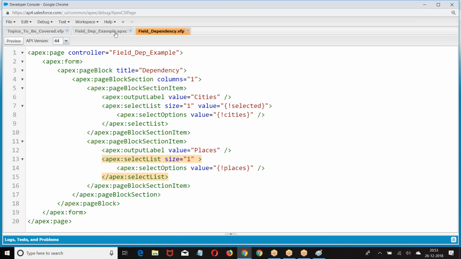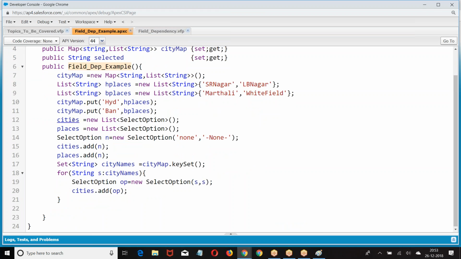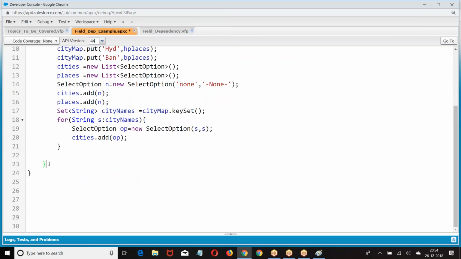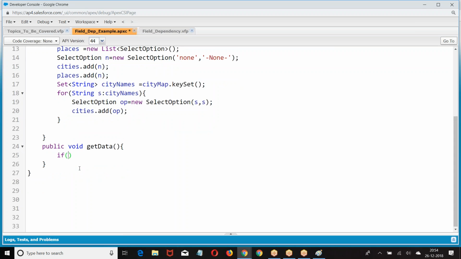Now, what did I do in this case? Look at this. I already created a map. In the map, city name is the key, and the list of places is the value. So, what am I doing here? Public void get there. Check out. If